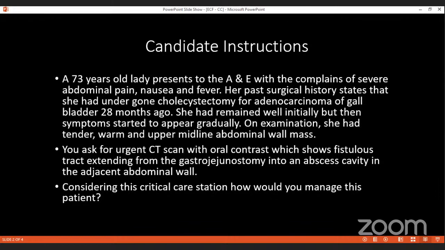Once the patient is resuscitated and stabilized, I'll go through the history and the previous examination, and all the past surgical history. Then afterwards I'll see her CT scan, as it shows it to be most likely an enterocutaneous fistula, and for this I'll make sure I get a fistulogram done along with the CT scan, and for her sepsis I'll keep her on good empirical antibiotics, and if the abdominal wall abscess is actively draining pus,